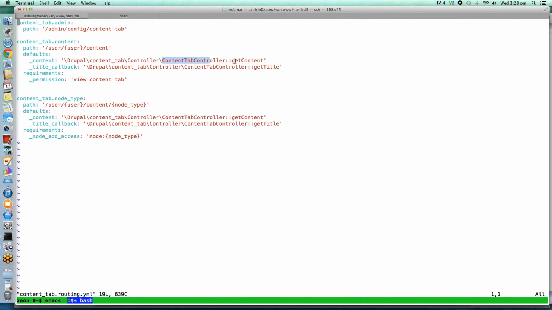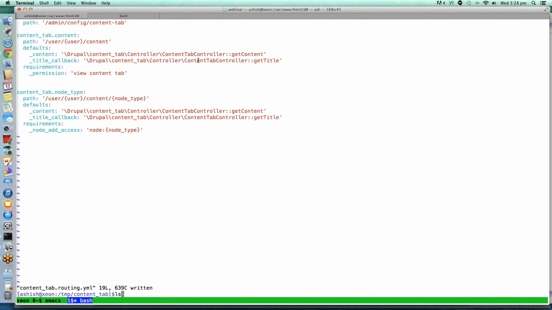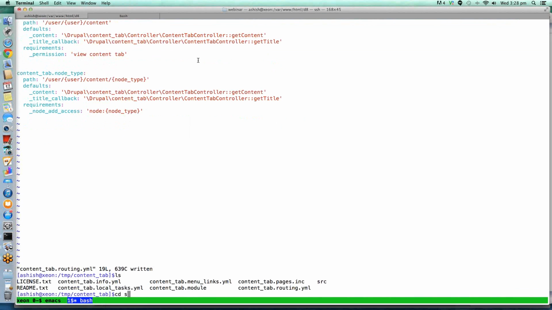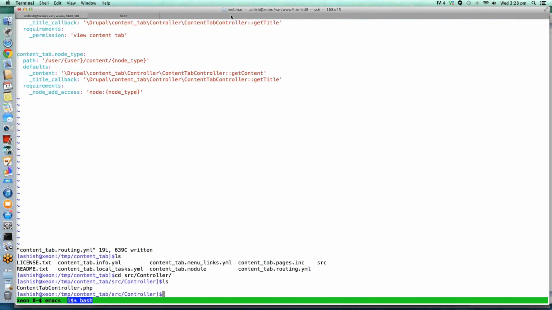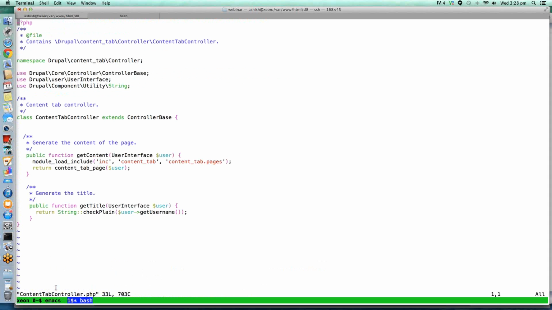So let's go and check this particular method in this class. We go back. Controller. So this class and the file name have to be similar. Right. So this is nothing but,